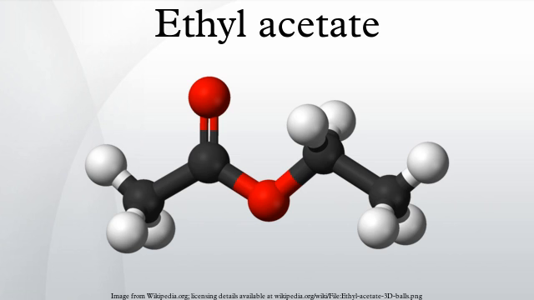Production: Ethyl acetate is synthesized in industry mainly via the classic Fischer esterification reaction of ethanol and acetic acid. This mixture converts to the ester in about 65% yield at room temperature: CH3CH2OH plus CH3COOH yields CH3COOCH2CH3 plus H2O. The reaction can be accelerated by acid catalysis and the equilibrium can be shifted to the right